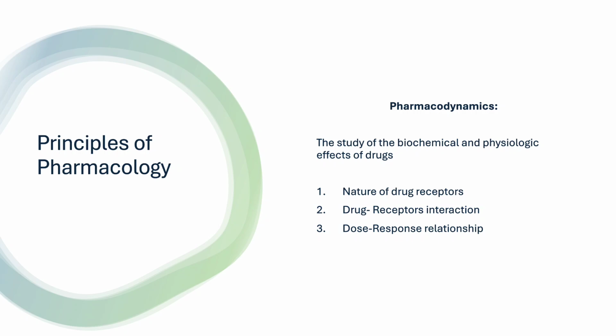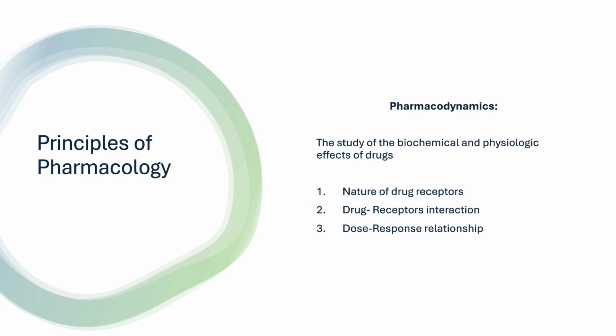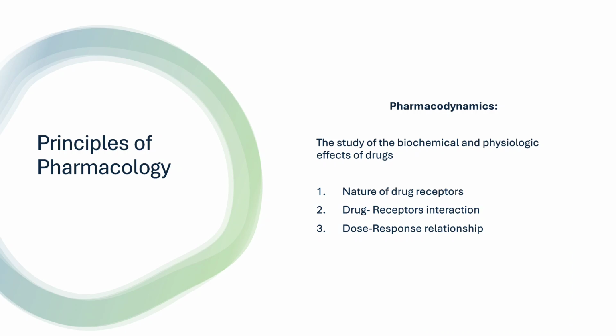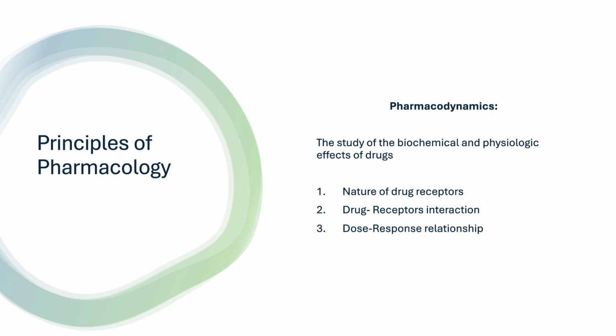Drug-receptor interaction. The receptors work as a lock-and-key complex, where the drug is the key and the receptor is the lock. It means if they fit perfectly, we can open or close the door. When a drug activates a receptor, producing a response in the body, like increased heart rate, this is called an agonist effect. In other cases, a drug can prevent a response, like stopping a hormone from causing an effect. This is called an antagonist effect.